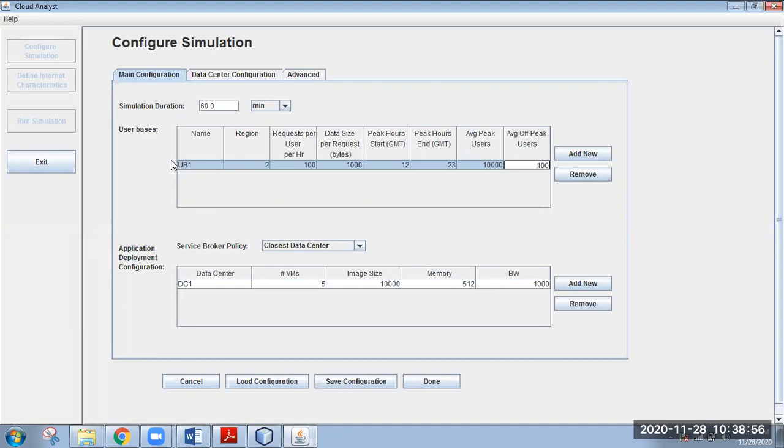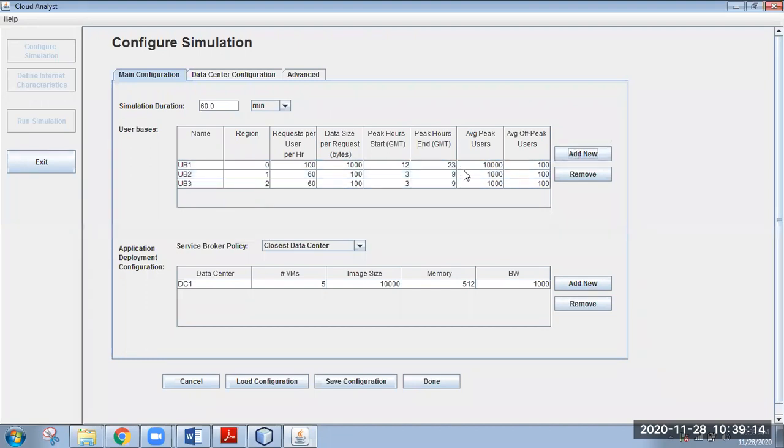Suppose you want to create another user base, then you can click this add new button. Okay, you can select user base 2. Let me create this user base 1. I'm selecting user base 1 into region 0, user base 2 to region 1.